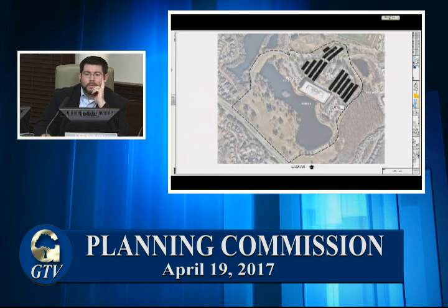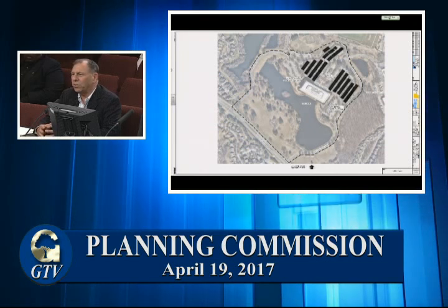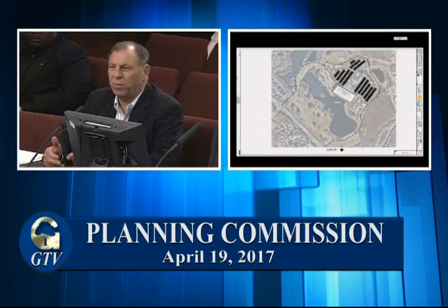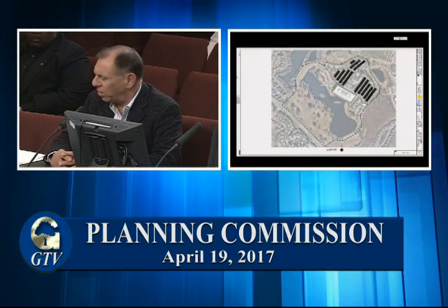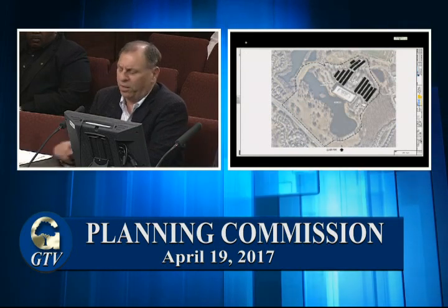The schedule that we're under right now is we have about 50% design review. We're looking at 90% design review around the June-July time. Construction will probably start in the August time frame. The solar panels we're looking to have completed by the December time frame, with the CHP being in probably the first quarter of 2018. So as you can see from the slide that we have here,